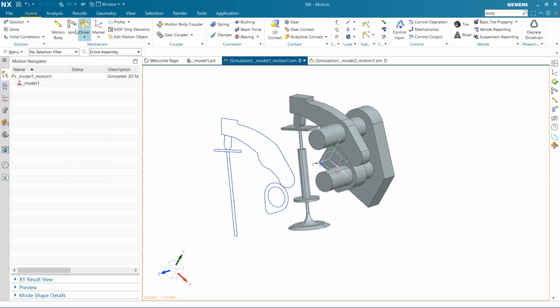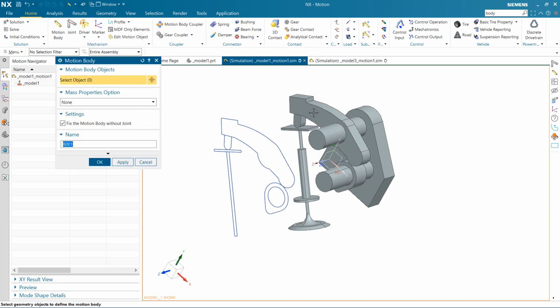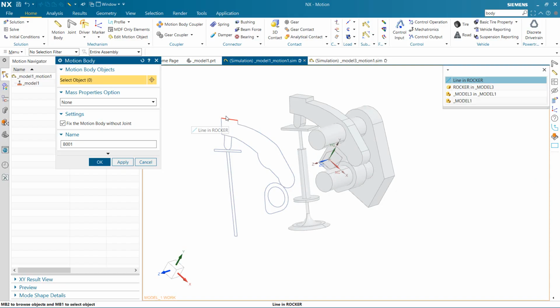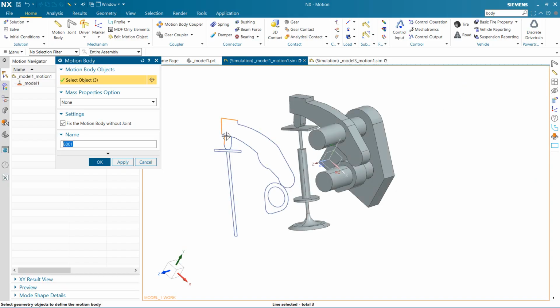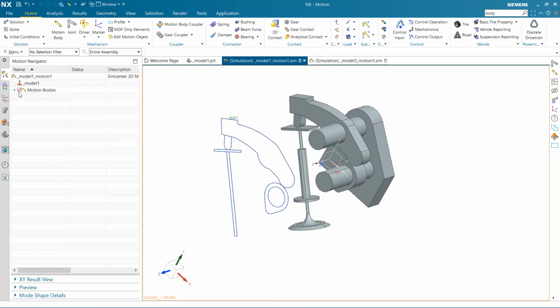Here we choose motion body. We do not care about the 3D motion right now. We just do the 2D ones, so we just create the motion body for the 2Ds only. We do not use the 3D for now. Click OK. No fixed body here.